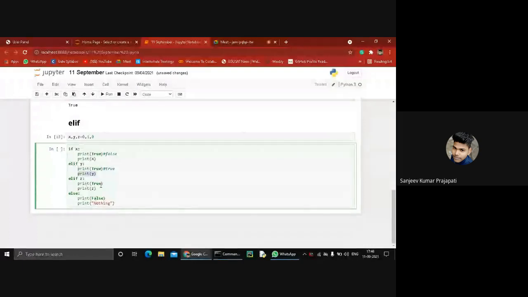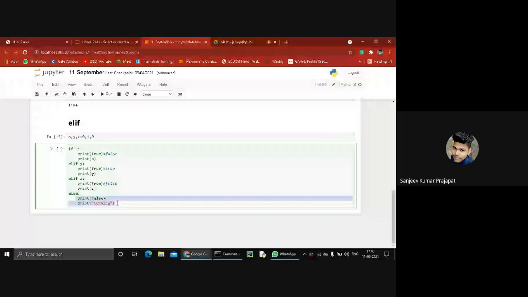But for example, if the y statement is not true, then we check the value of z next and go to the next elif statement. When this statement is also false, it returns nothing. When all statements are false, the first if statement, the first elif, and the second elif, then by default it executes the else part.